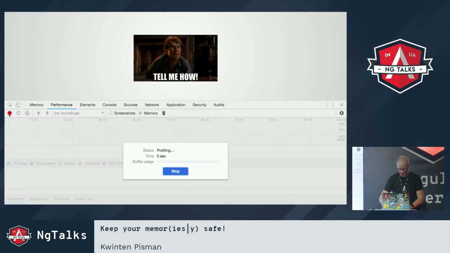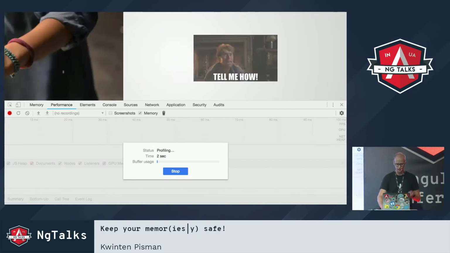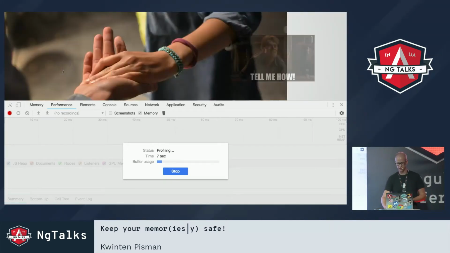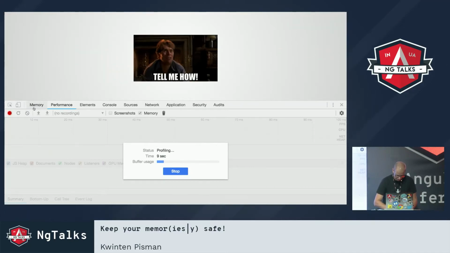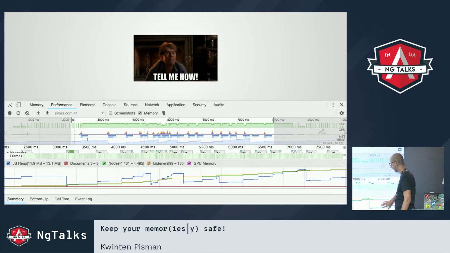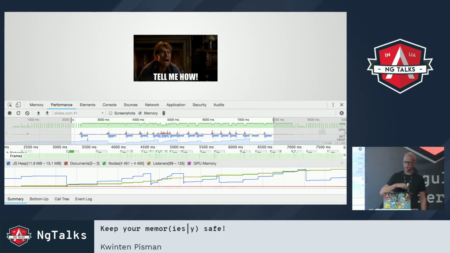But what's really nice, and that's something you can do for memory leaks. So now I started to record, and I go around in my application, which are my slides, and I can just stop, and then I can see the memory that is being used. And one thing, at the bottom you can see it here,